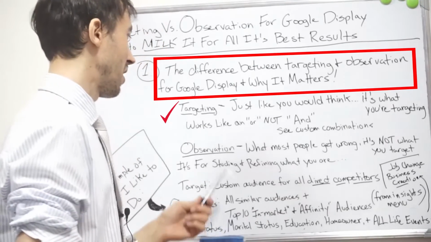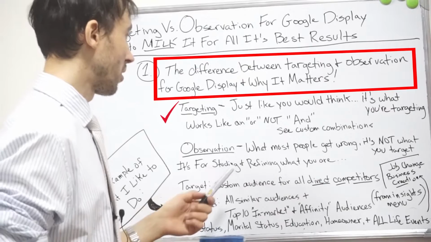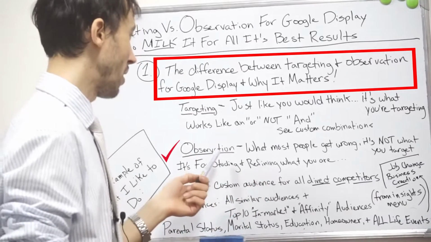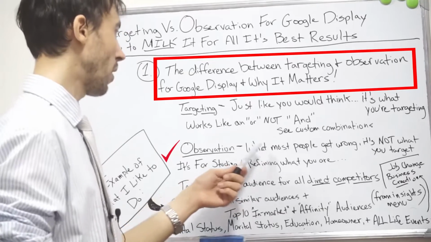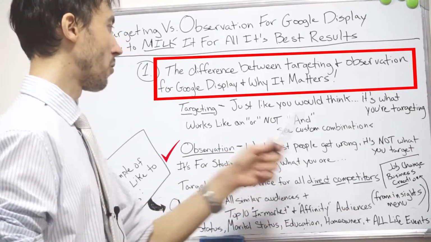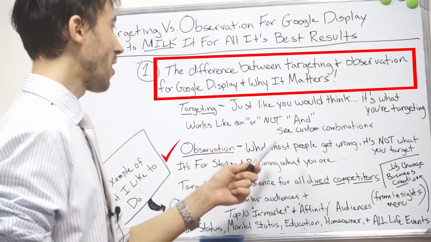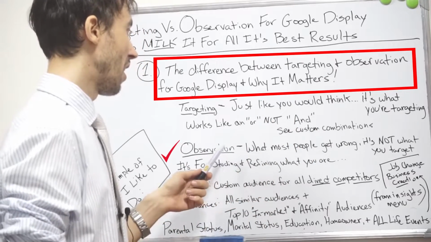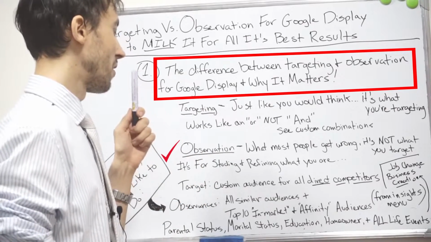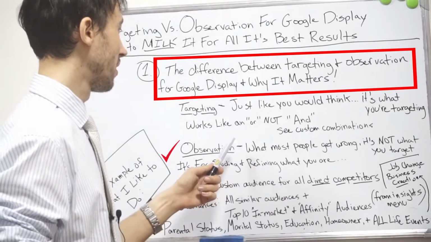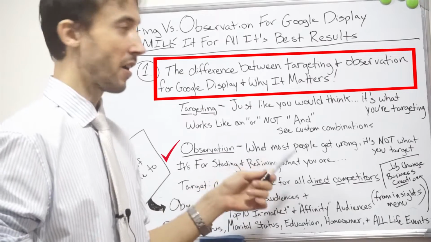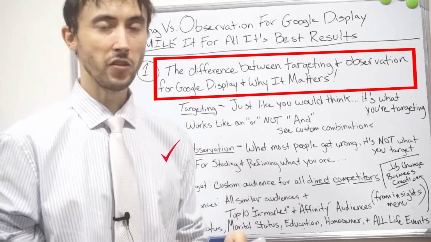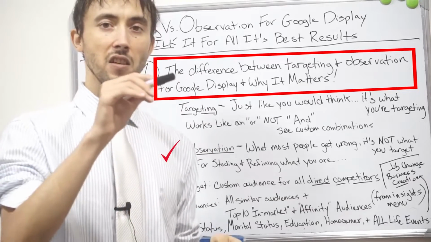But anyway, moving on from that, and what this main video is mainly about, you have the observation feature in that same section. And what most people don't get or get wrong is that it's not what you target here. So if you click the radio button for observation and you add a targeting feature, then what it will do for that targeting feature is it'll tell you stats of,